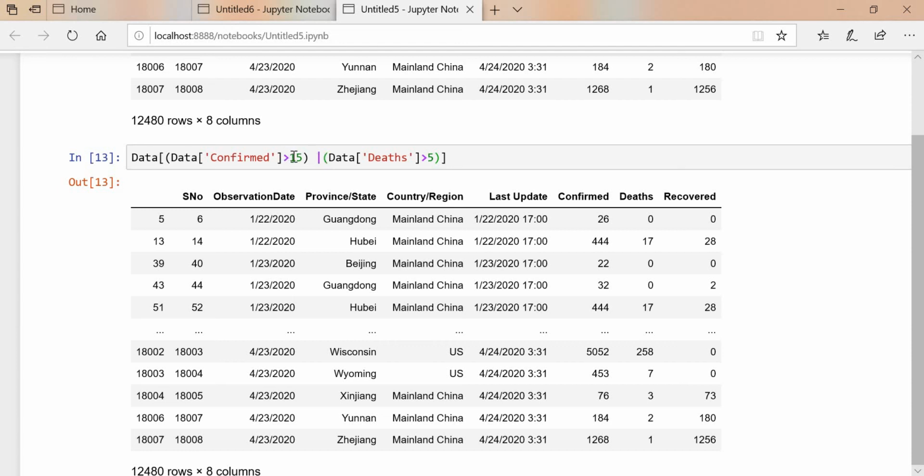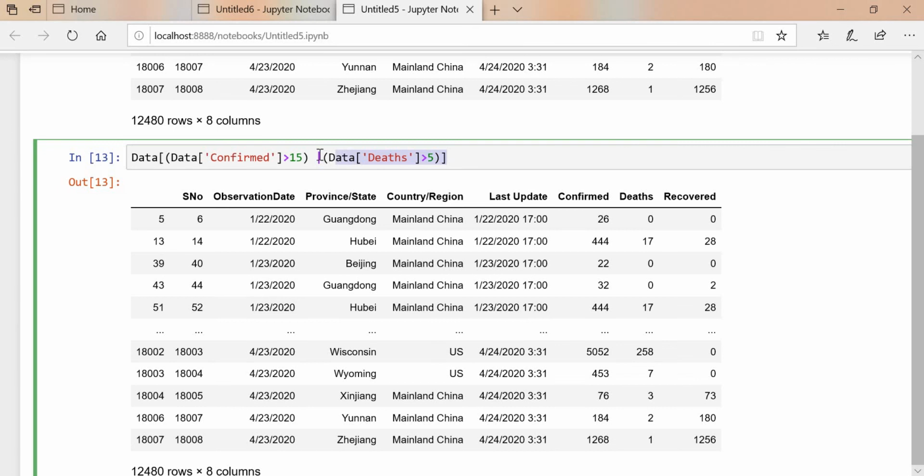See, confirmed cases greater than 15 is true, but the death cases are 0, so this condition is false. But in our situation, if any one condition is true, it will show that result. So the first condition is true, greater than 15, but the second condition is false, but it will show that result.